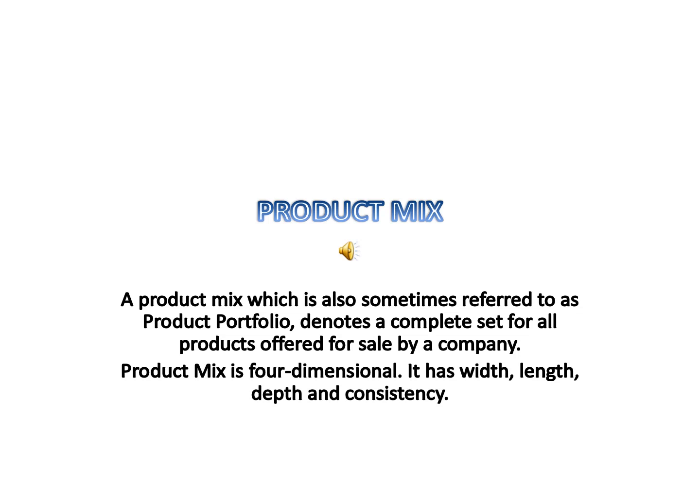So this represents the depth of Dove product line. Lastly, let's see what is consistency. The consistency refers to how closely related the product lines are in terms of end use, production requirements, distribution channels or other criteria. So for example, Hindustan Unilever has moderate product mix consistency, while many of its product lines such as personal care and home care are related through common distribution channels and production processes.